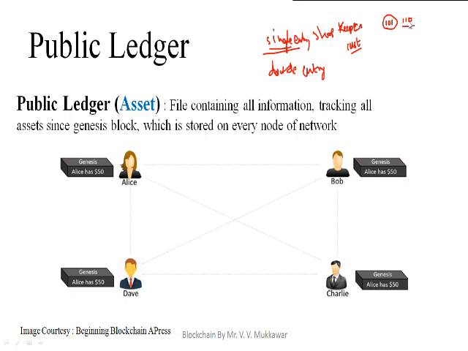In order to avoid such malicious activity by the shopkeeper, we have another type of ledger, the double entry ledger. So what does this do? The shopkeeper makes the entry of the item purchased by the customer. One entry is available with the shopkeeper and another entry is available with the customer. So the shopkeeper is not able to modify it, and the customer is also not able to make any modification behind each other's back.